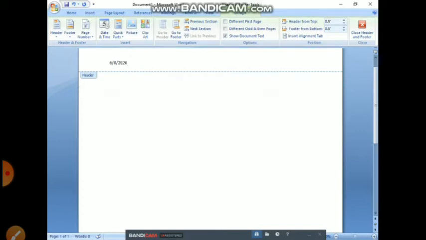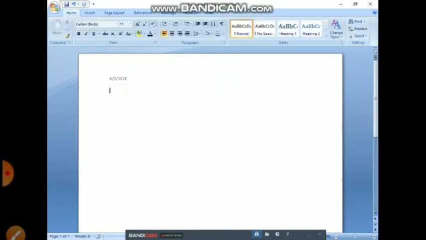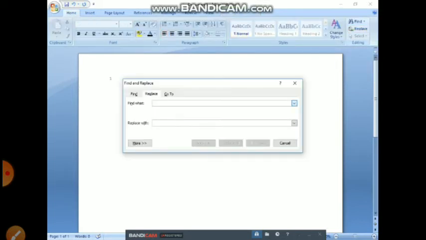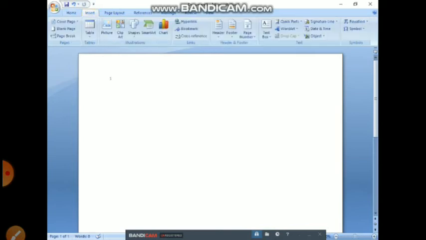Now if we want to change the header into the page number, we just select this date and then delete it. So it will be deleted, and in place of that we either give the page number or additional information, like the name of the author or something else. Suppose here I have written 1. So 1 will be inserted in each page as a header. If I give the name of the author, it will be shown on each page.